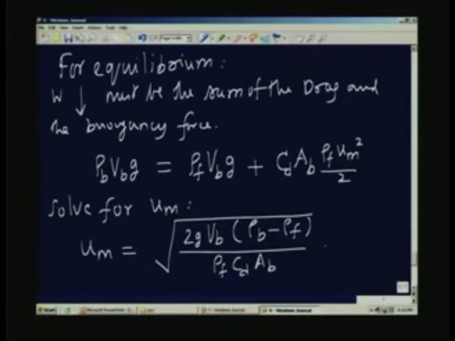So what does it mean? It means that the velocity cannot change, whatever may be the position of the bob. Equilibrium requires that the UM is a constant. That means if I am allowing a certain amount of fluid to flow through the system, it will decide the position along the length of the taper tube, where the value of the velocity in the annular region between the bob and the outer tube will be exactly equal to UM. So the equilibrium position will be determined by the requirement that the velocity UM be a constant given by this particular quantity, assuming that CD is a constant.